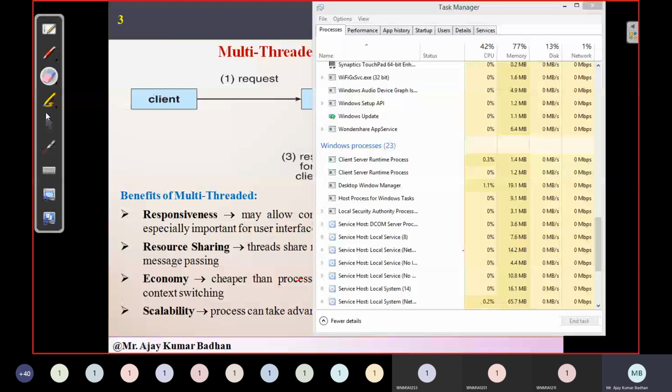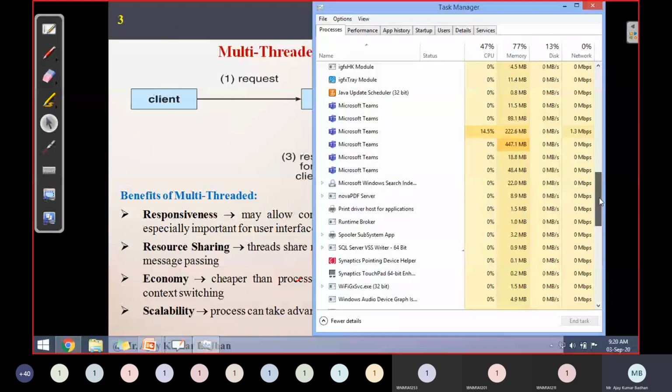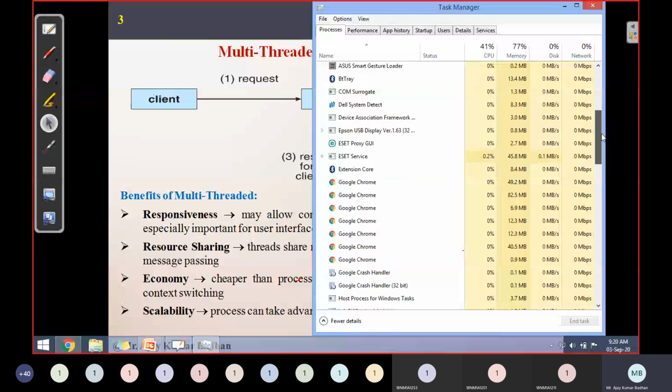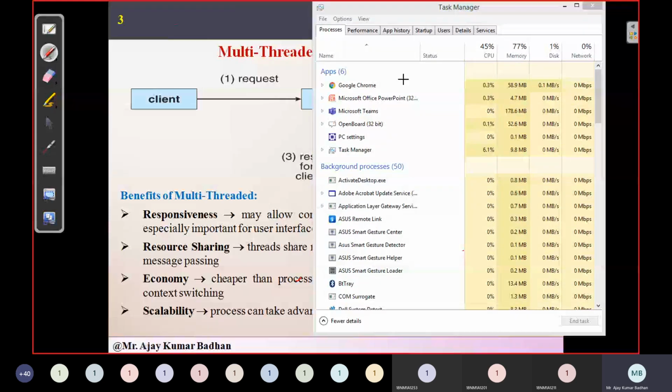Now, which one is having higher priority? As I told you, the main reason for developing the system is that it should be used by the users, for the convenience of users. So whatever applications you are seeing here will have a higher priority. Whenever we are performing any operation here, this will have higher priority, whereas the background processes and the system related processes will have a low priority. This is the way it actually works.